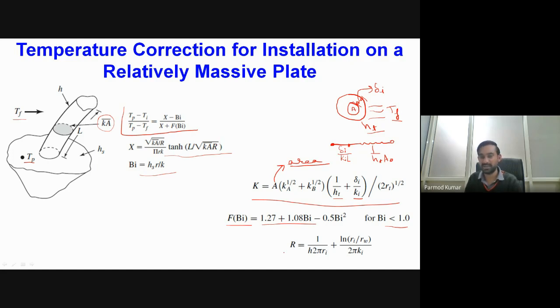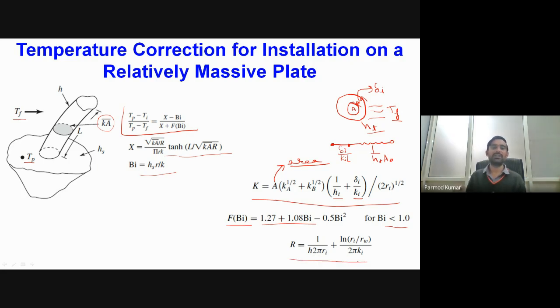Obviously, while we are measuring the value of x, in this measurement we have R as one additional parameter. This R represents the thermal resistance of the thermocouple in the radial direction. So that will already include the effect of conduction within the insulation plus convection from the surface of the thermocouple. So that effect is included over here.